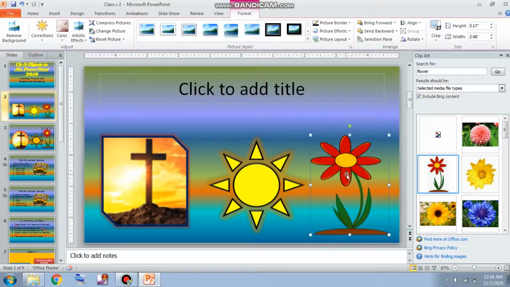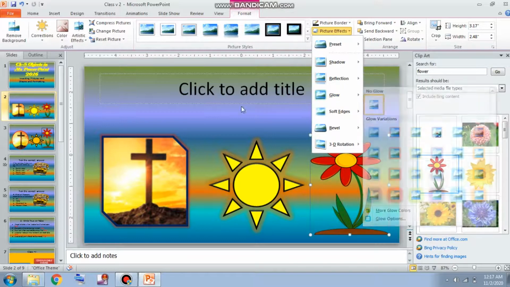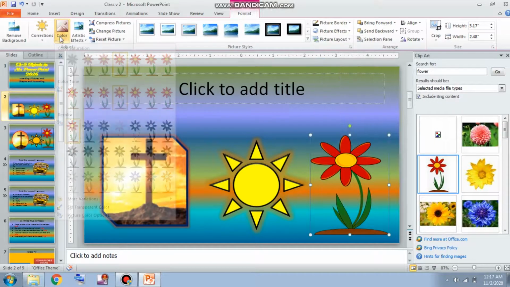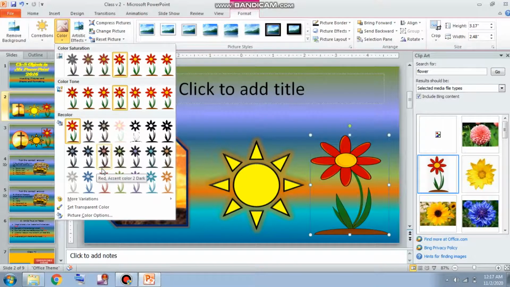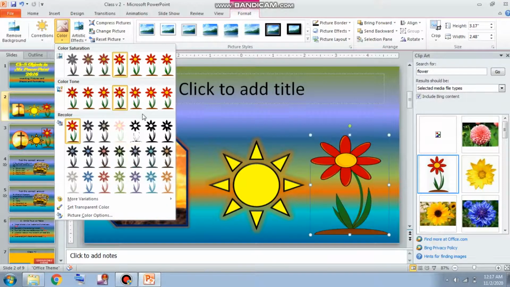Now if you want to format this also, then same thing, click on the clip art, go to the format tab and then choose the desired changes you want to apply. If you want to apply some changes, apply them, if not, no problem. We can change the color also of the flower. There are many options available, right, whatever you want will be changed. Just select it, one minute, it will be changed. Can you see how the color is being changed? So whichever color we want, we can choose that color.